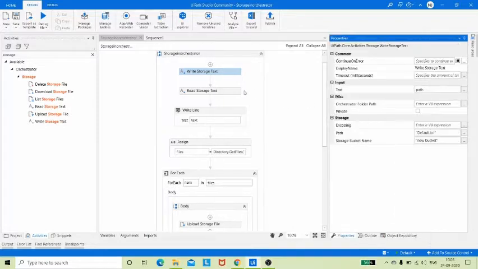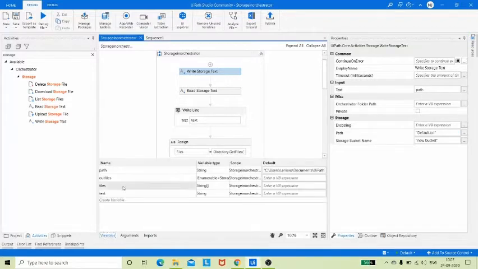First we have write storage text, where we have these many properties of this activity. With the help of this activity, we simply write text inside the text files in the Orchestrator storage bucket. We simply provide the path of the text file, in our case it is default.txt, and the storage bucket is new bucket, and the text that we want to write inside the default.txt is path. So I have defined a path variable with a location